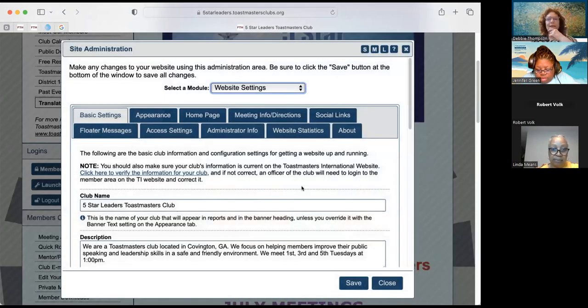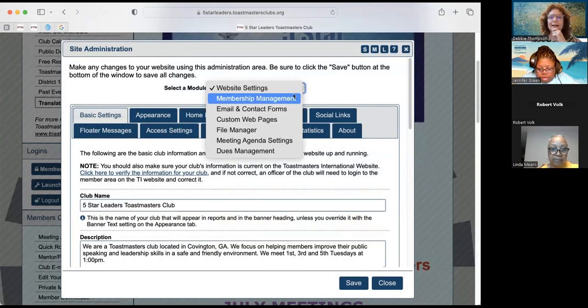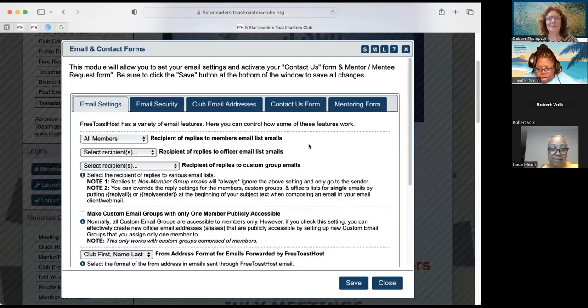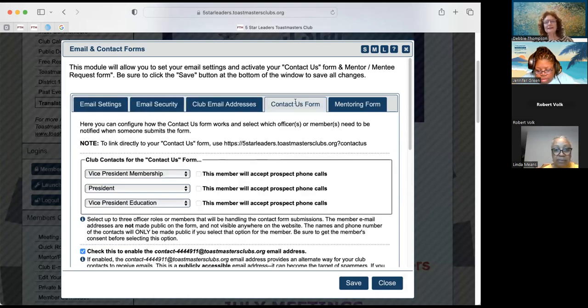Okay. So I'm looking across here. This is one of those situations where I don't see anything that makes sense. I'm going to go up to the modules, and yes, here we go. Contact forms and emails. Okay. So I've clicked on that. I see that there's a contact us form tab here. Here's some other security you may want to take a look at, Evelyn, just to take a look. But this is a contact form.